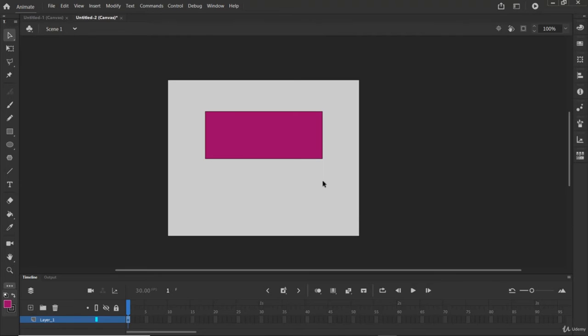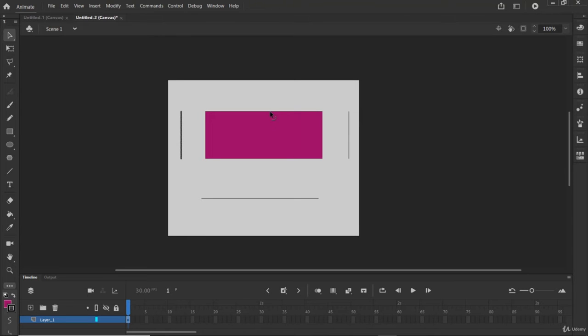Also, if you want to move only one stroke, you have to click on one stroke like this. Then you can move one. Let's try another stroke, and you can move it right here.